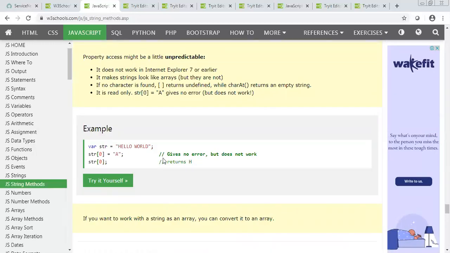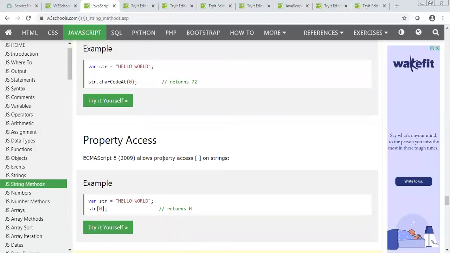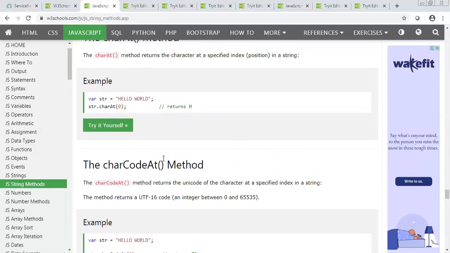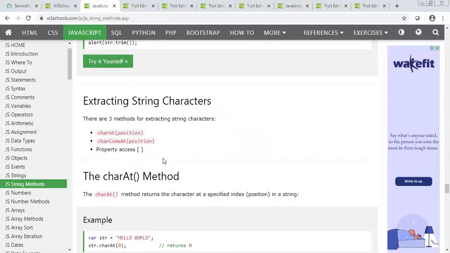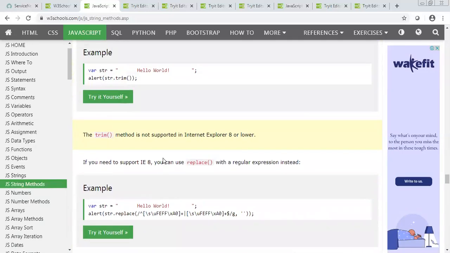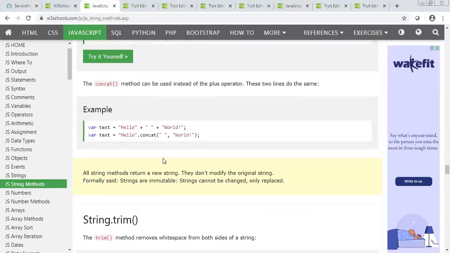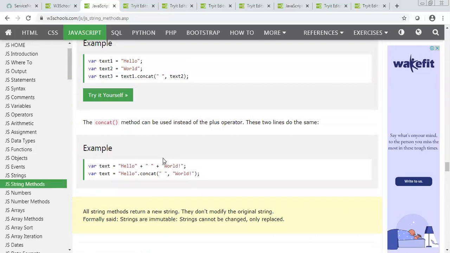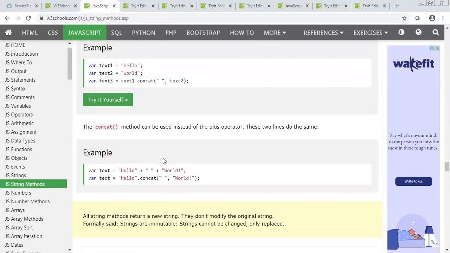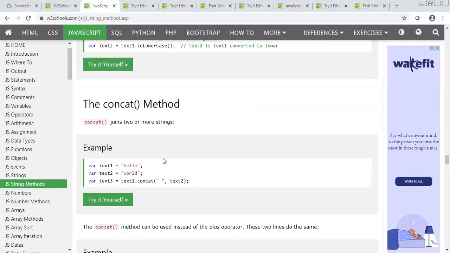If you understand these, mostly dot length, maybe you can write it down: dot length, indexOf, toUpperCase, toLowerCase, then concatenate, trim, substr, and substring. At least go through these functions.